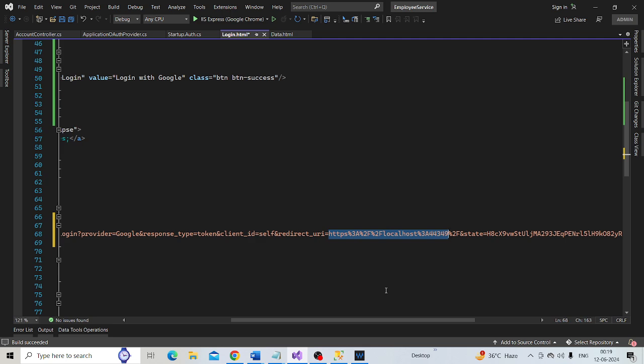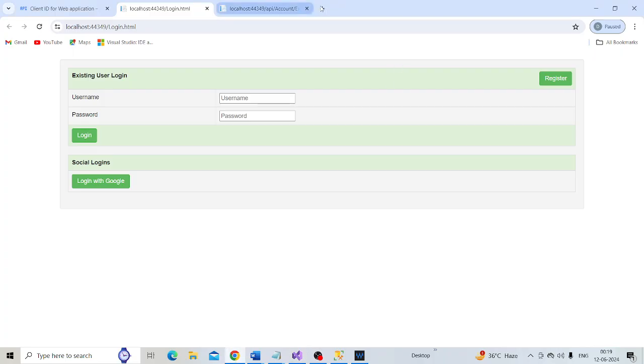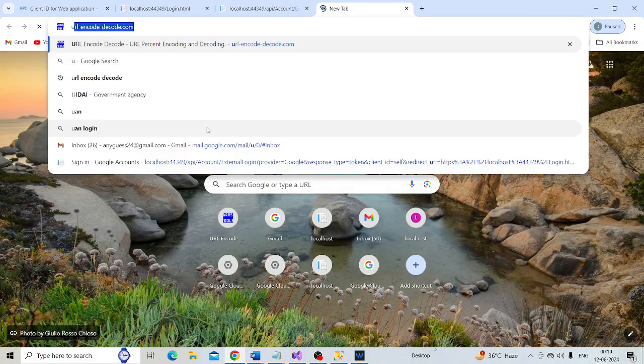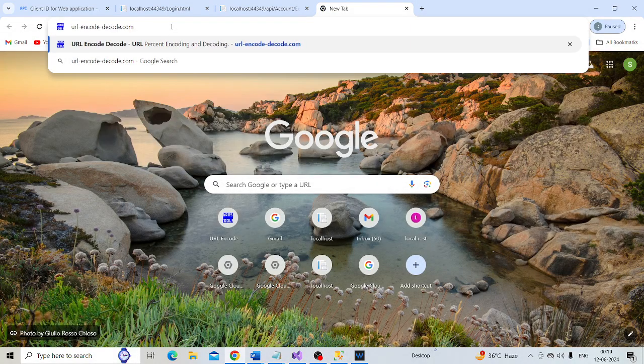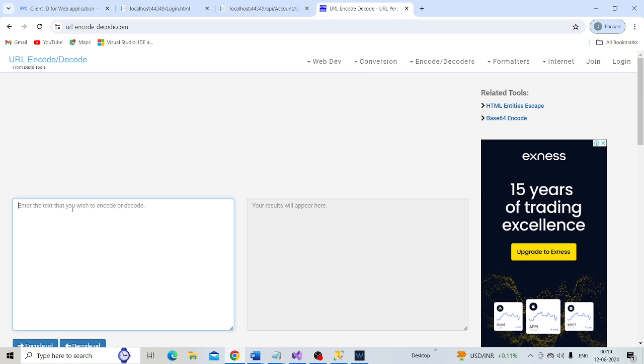Now to decode the URL, simply type in Google URL encode and decode, and paste the encoded URL right here, and let's decode that.